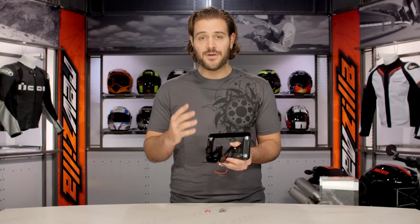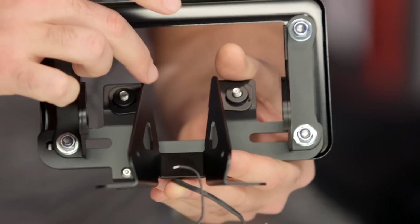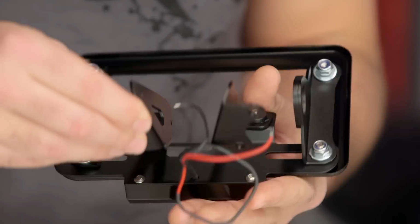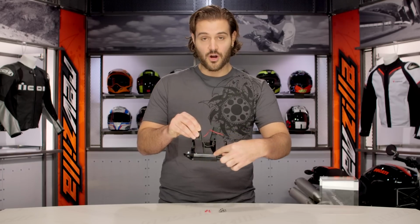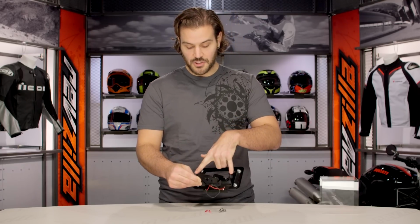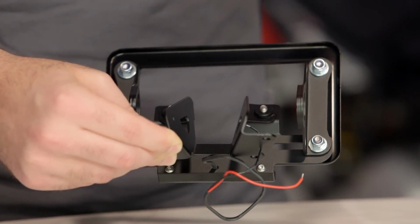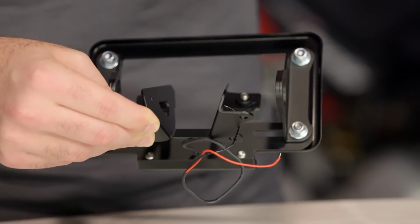It's going to be a 4-piece design. So you're going to have this one main backbone that's going to attach to your motorcycle. You're going to have a top spine that runs across the top, and then you're going to have these 2 brackets that mount off the side. So there is a little bit of light assembly required,